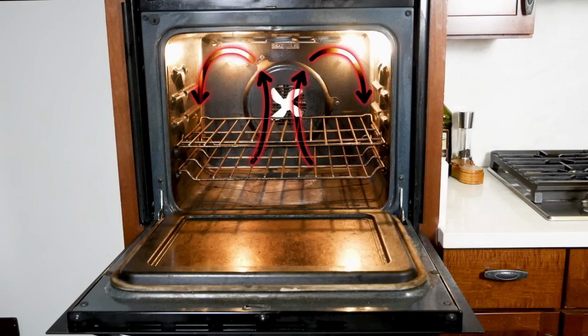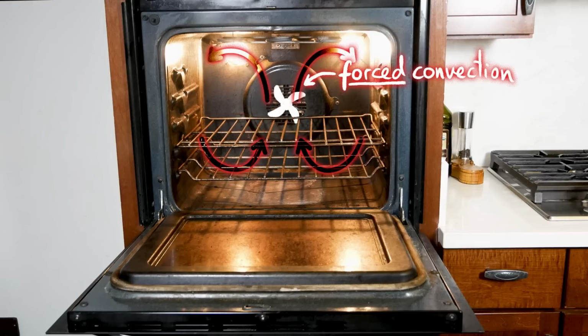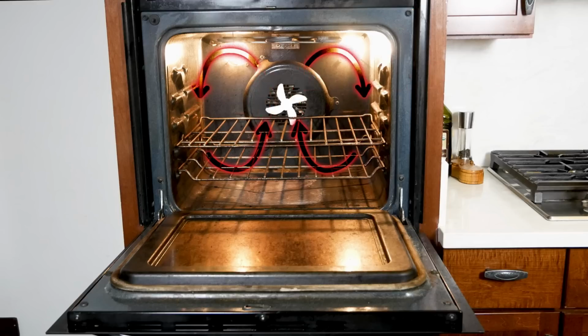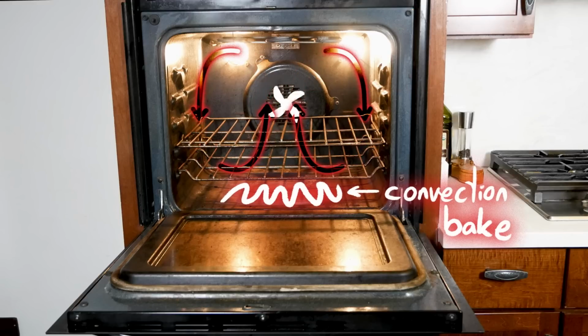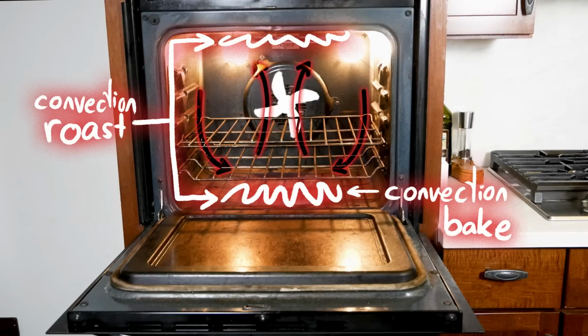A fan inside forces the air in the oven to move around. This is actually called forced convection, but I guess that's not quite as catchy a label for a button. Some ovens have two convection settings: convection bake, which usually just uses the bottom heating element, and convection roast, which also uses the top element. But the distinctive feature in either case is the fan that pushes the air around, because that has definite implications